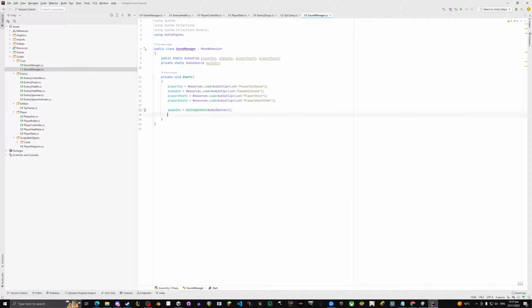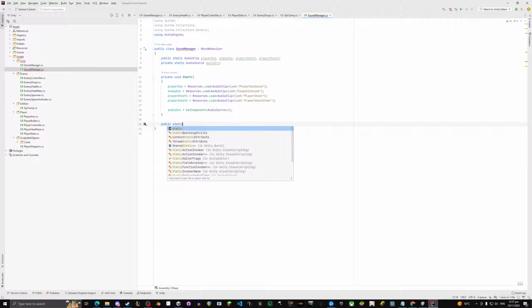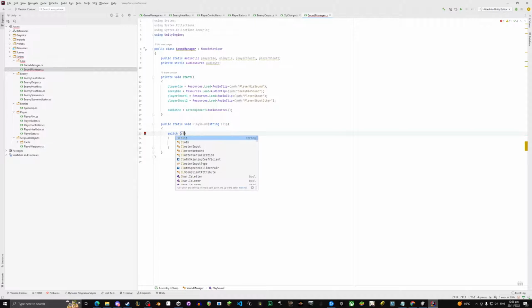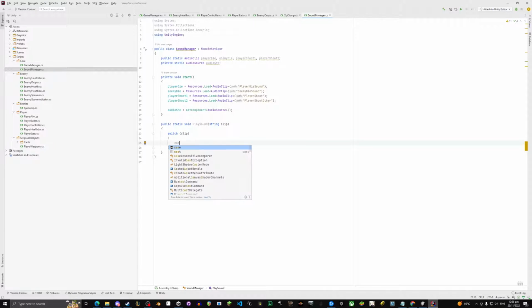Absolutely gorgeous. And then we're going to need another method, and this will be called public static void PlaySound. Here it's going to take a string value, which we'll call clip, and that'll just be the name of it. So in here we're going to do switch clip, and case is basically like saying if. So if it is player die sound,